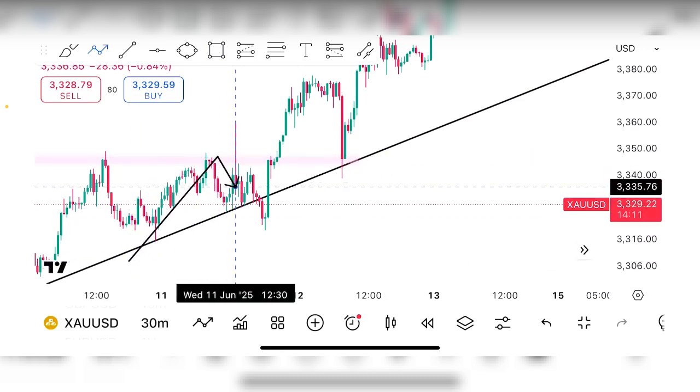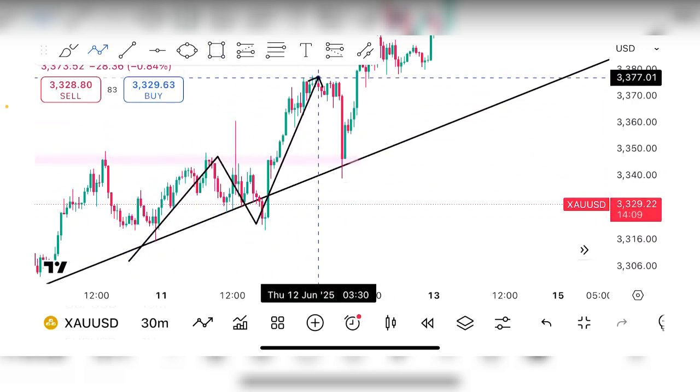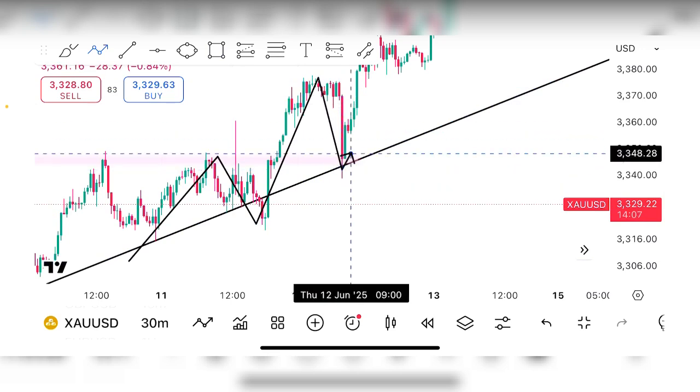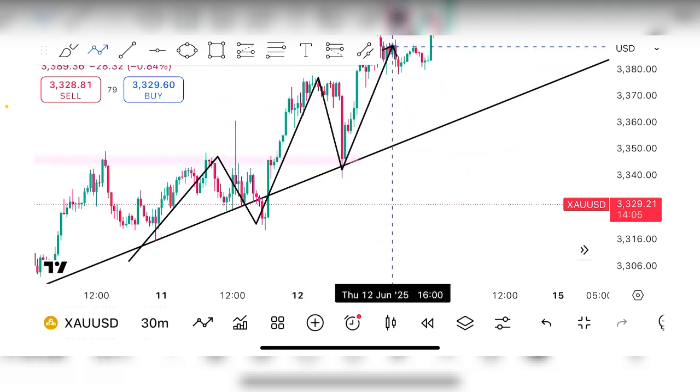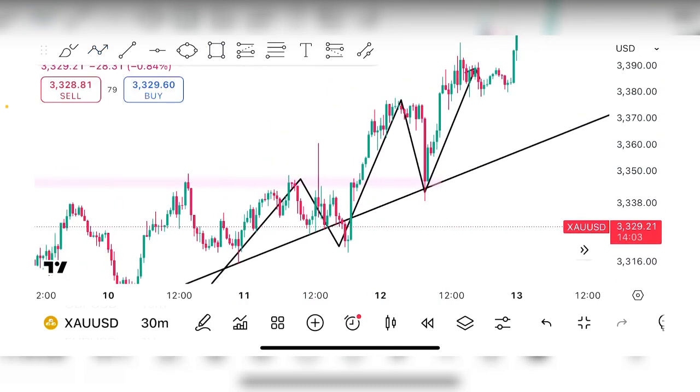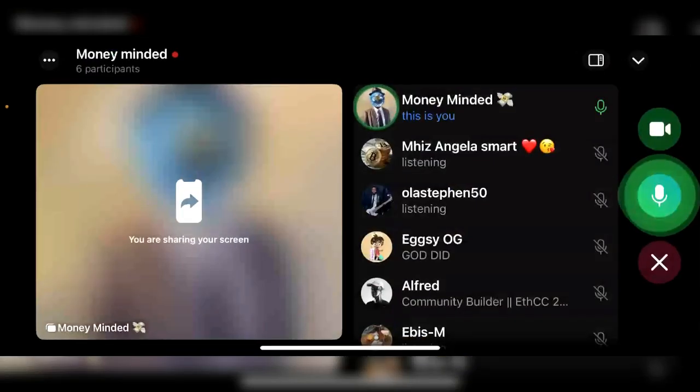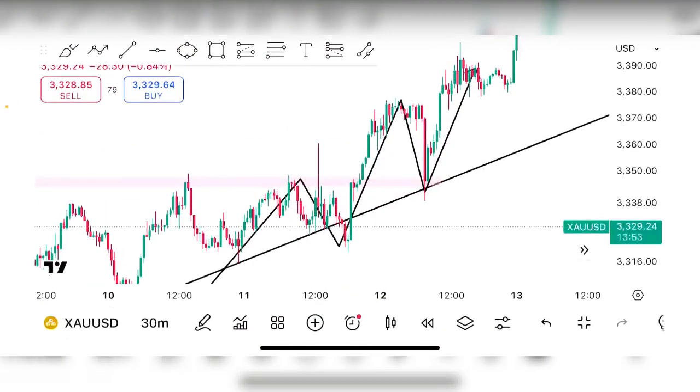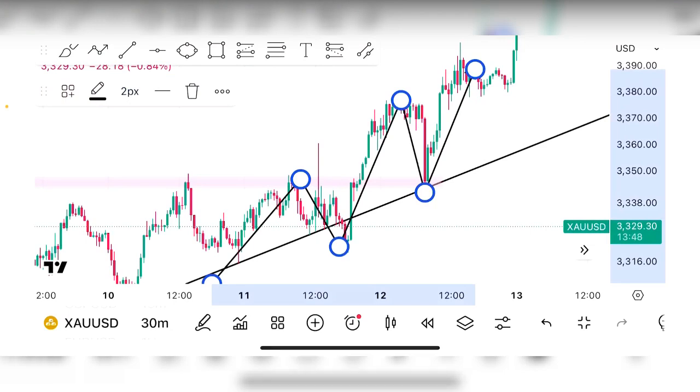This is no different from the diagram I drew. You can see. So this is how it is. Make sure it matches with the trend. That is the most important thing. If you are able to make sure it matches with the trend, it is very, very important. Don't just enter randomly. Make sure it is something that is going up. It matches with the trend line. Then you can start buying, as long as